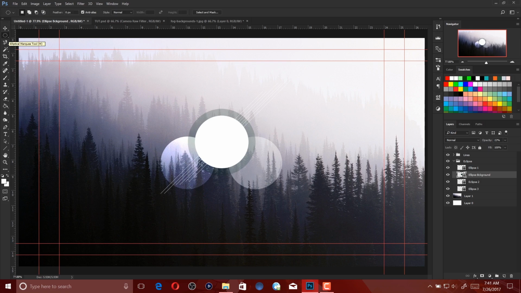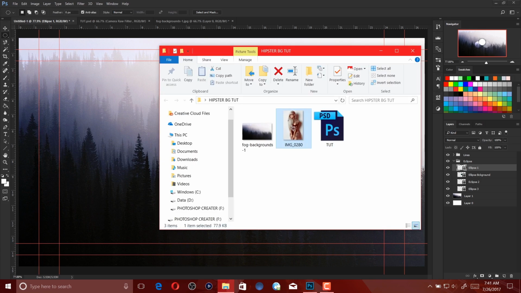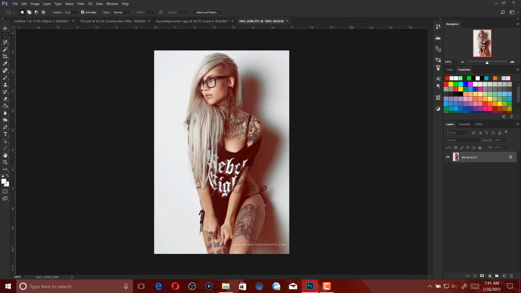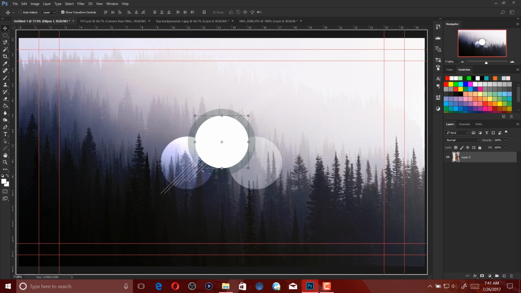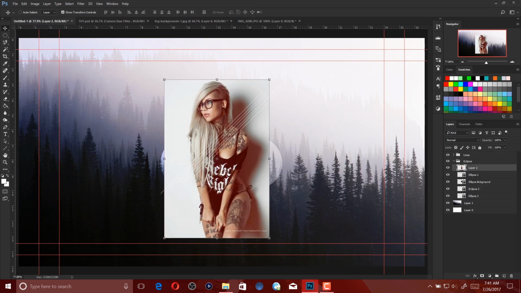It's pretty cool. So what I can say is we can add the picture just in case if you want, just to give it a little effect of what we're doing here. So we're going to go to our Eclipse 1 here and we're going to insert our picture just really quick so we can get that out the way so we don't have to worry about it. Unlock the layer,